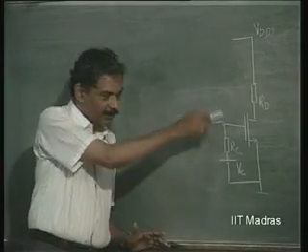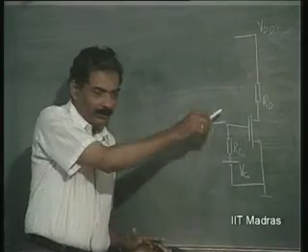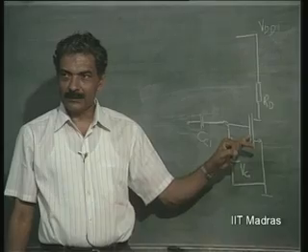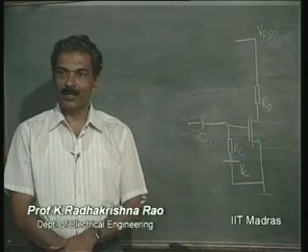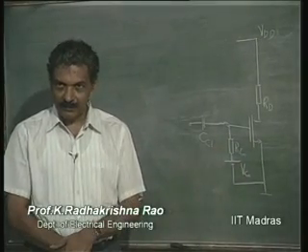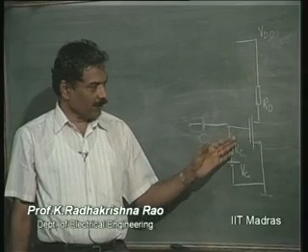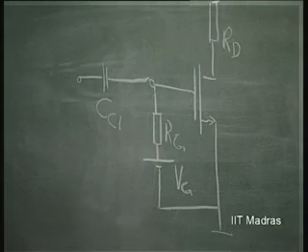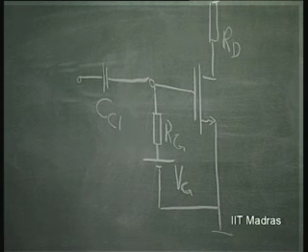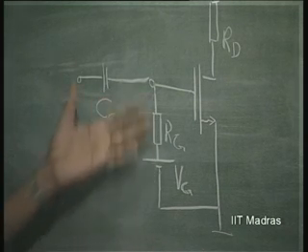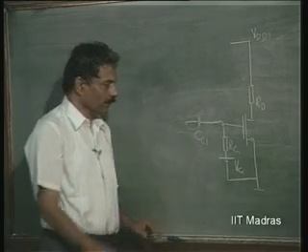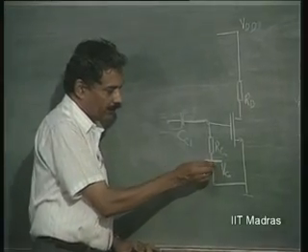It is this RG impedance which will dominate. So in the gate of a MOSFET, you can put resistances of the order of mega ohms if they are readily available. In the gate of a junction field effect transistor, since junction resistance is of the order of tens of mega ohms, you better put resistance of the order of hundreds of kilo ohms. This kind of design we have to remember here